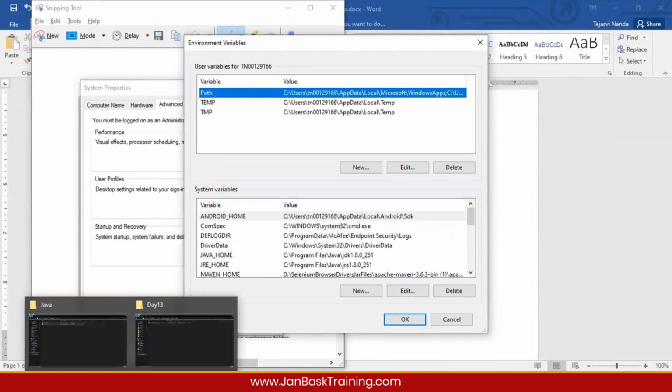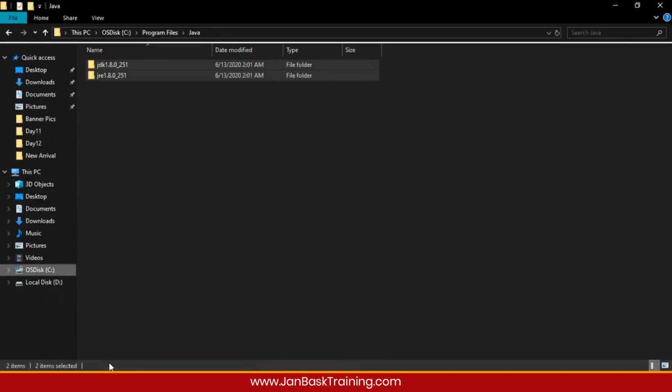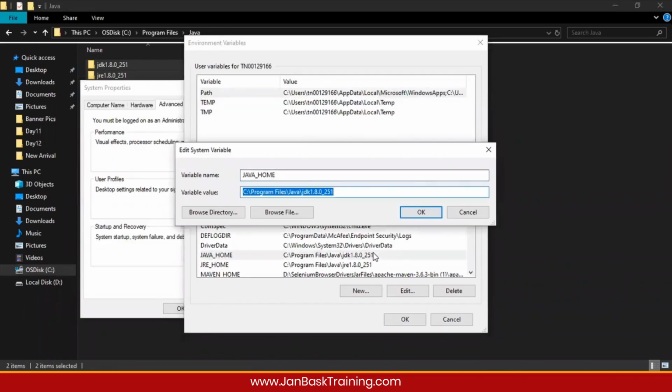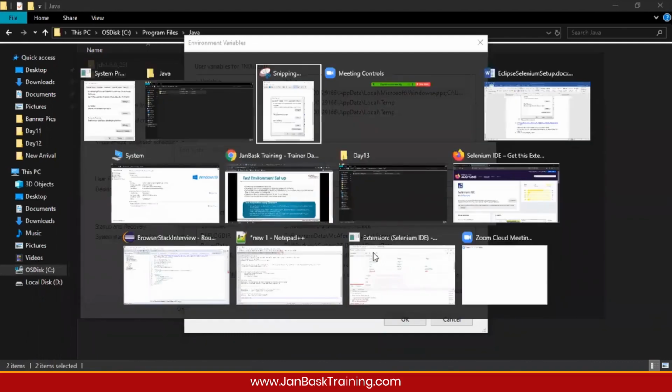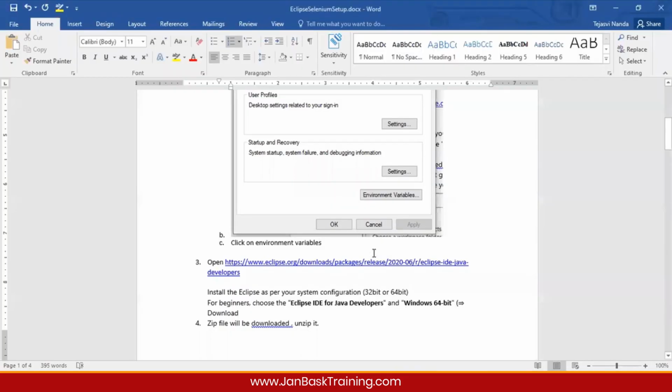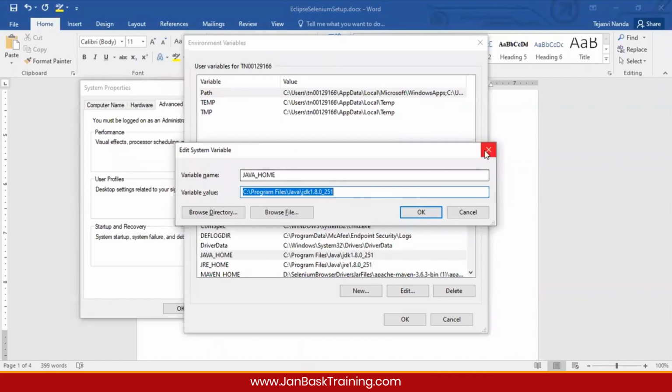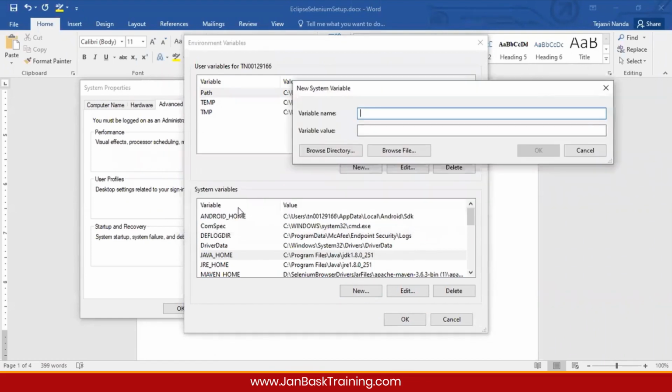So where will you find these paths? Usually whenever you install Java, when you'll be installing that JDK setup, it will ask you for the directory where you want to install it. Usually it happens in the C directory, and if it does, then usually this will be the path for you. Just confirm it once before giving this path. Enter the variable. Like you see, when I go over here and click on new, you'll get this dialog box. Click on new under the system variables, okay?